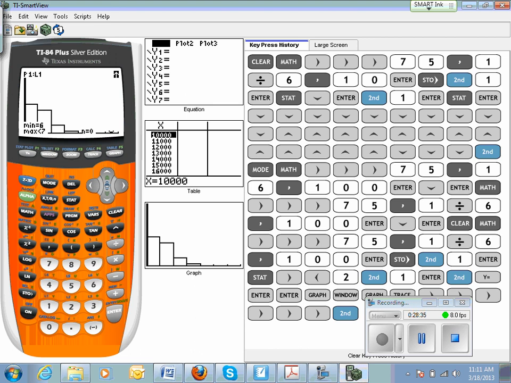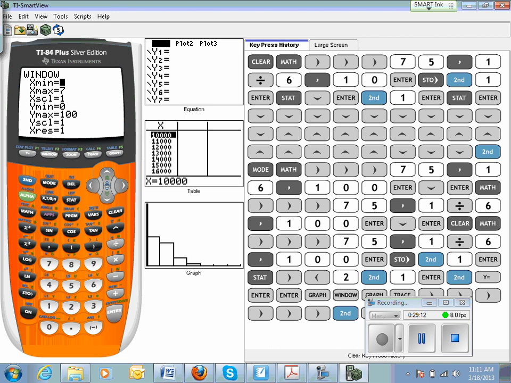So second, stat plot, and when you enter, make sure your stat plot is turned on. And then for the type, you want to be over here on this one, which is a histogram. And then your X list is list 1. The frequency, I'm not sure what that actually represents, so we're going to just leave it alone. And then let's go ahead and press graph. And then you might need to reset your window, depending on what your window is set on now.